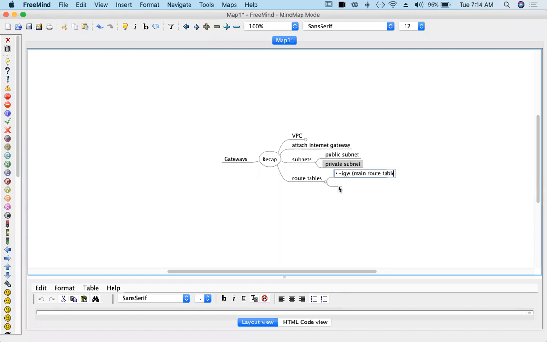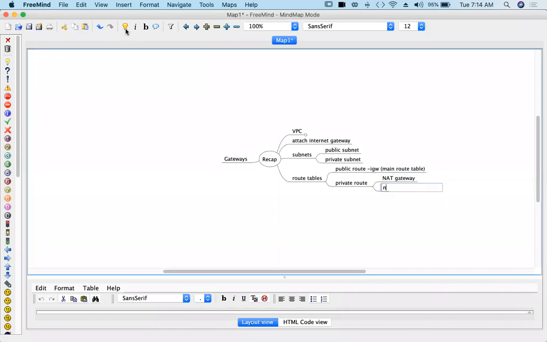Then let us create private route. And here this private route, if we want instances within this private route table to communicate on the internet, there are two options. You can use NAT gateway and NAT instance.